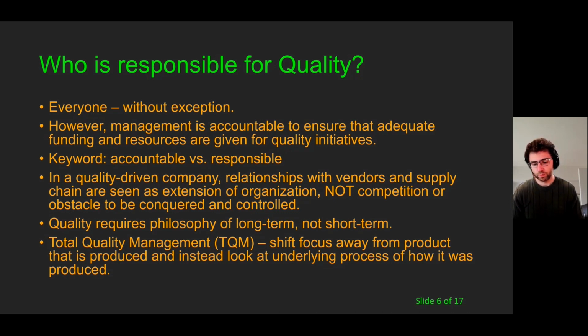And culturally, when we talk about big time producers, at least here in the US, there's a very strong corporate culture of seeking short-term gains at the expense of long-term gains. And by gains, again, it's not just financial, but overall, right? So when we talk about success indicators: employee retention, customer retention, ability to adapt and innovate.